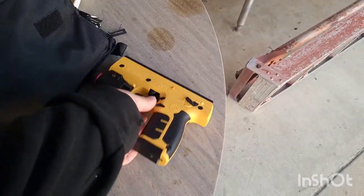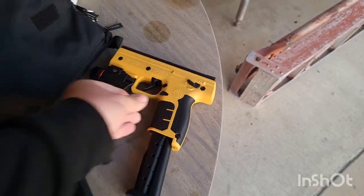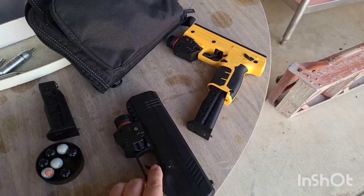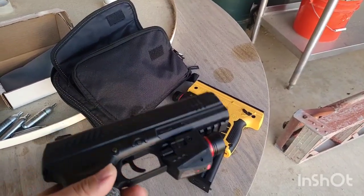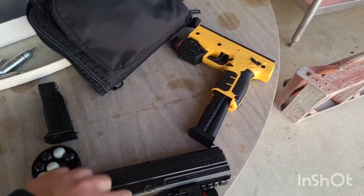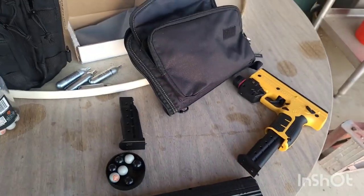This is nice because it's more like a real firearm where it has the drop down magazine. Assault Supply, like, I don't have any brand loyalty to anybody. I just pick up whatever I see on other people's videos and stuff. But this, the magazine's under the barrel and it has to be on safe to eject it. So this is on safe right now. So it's already ejected, but to eject it,